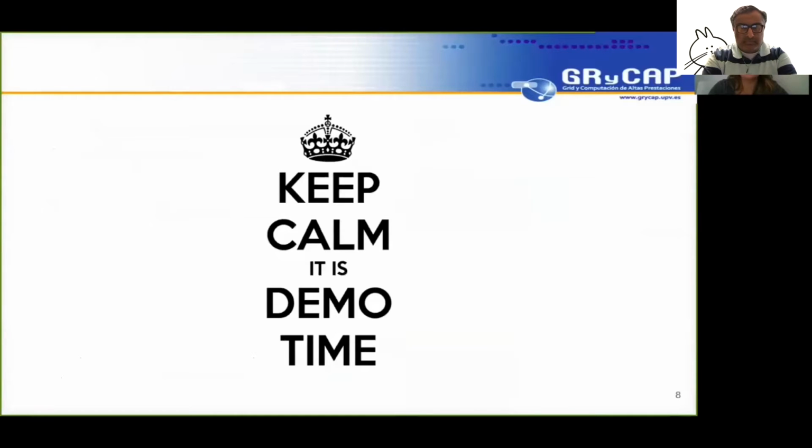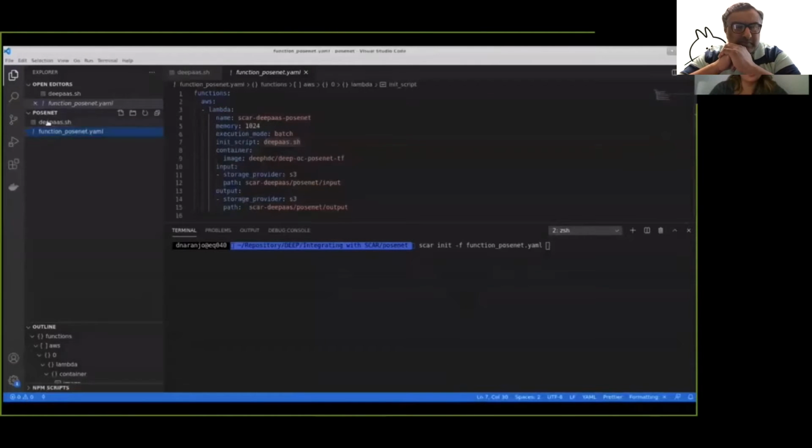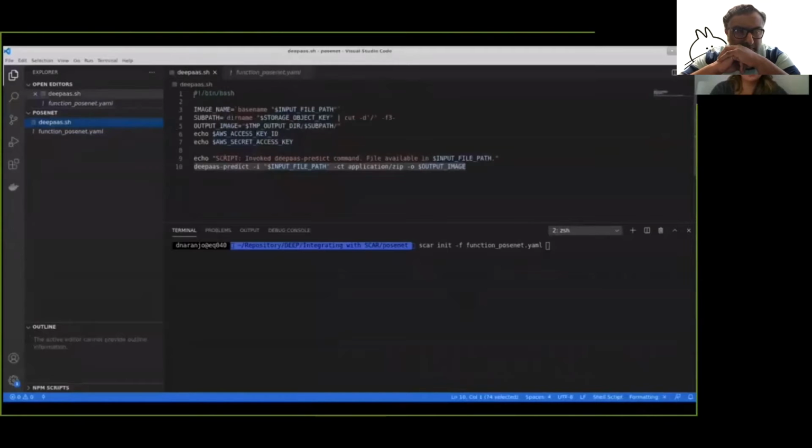Now it's time for a demonstration. Because of some timing constraints, I have recorded a video to adjust it to the presentation time. I will first comment on the administration part for the example of the body pose detection model. For the creation of the function through the SCAR client, two files are necessary. One is the script to be executed within the function, in this case,